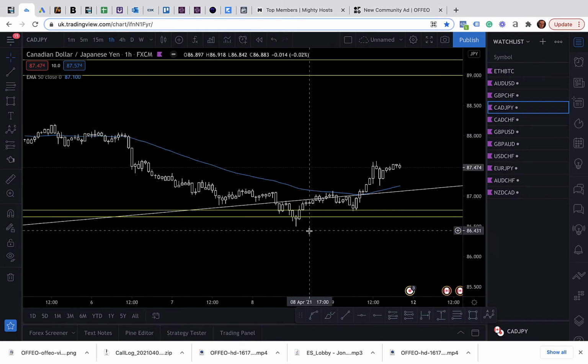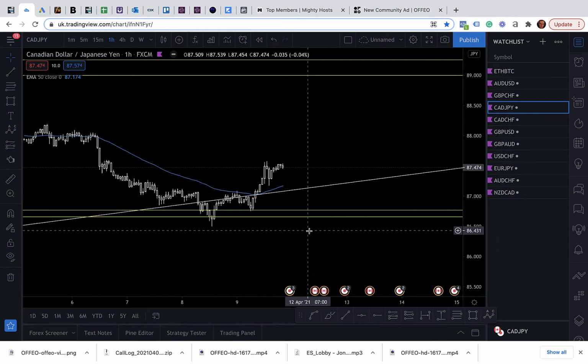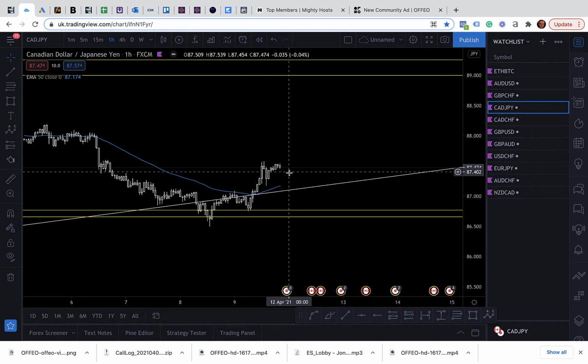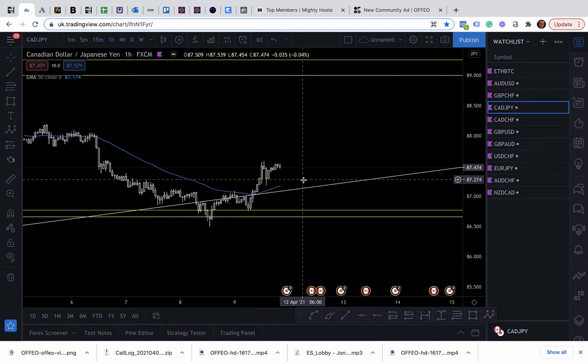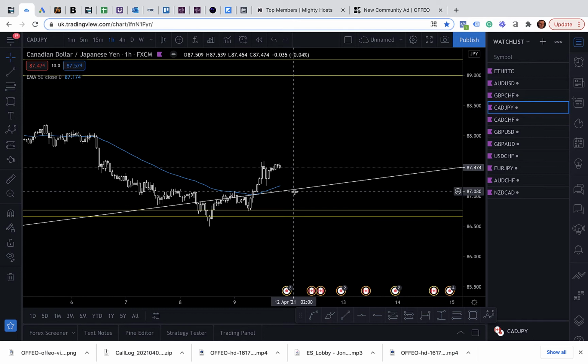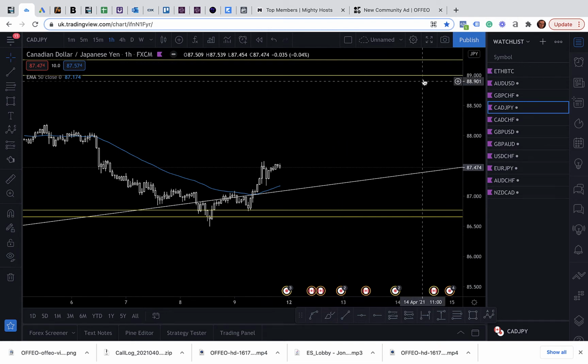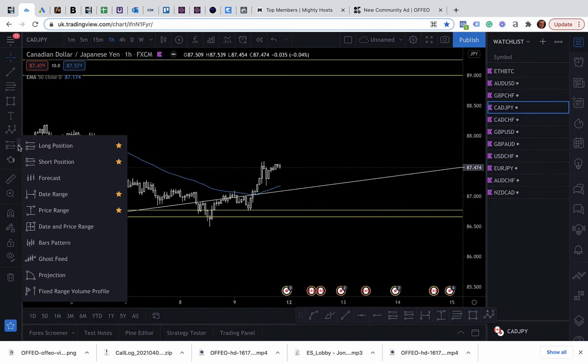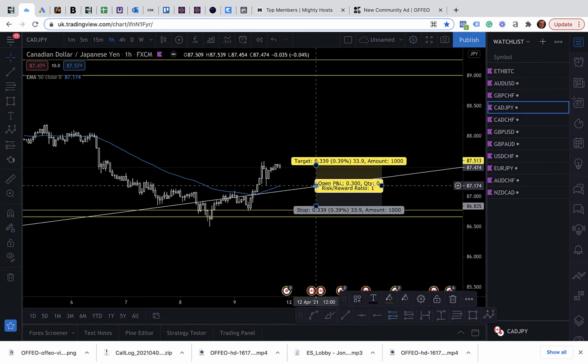So I would be looking for maybe, because we're sort of creating like a double top here, small double top, I'd be looking for a rejection of the 50 EMA or this trend line here, maybe like another fake out where we have a big push down but we close back above it, and then I'll be looking to take price action probably to the 89.000 handle, nice round number, and it will be very good to see a rejection around this area, and then